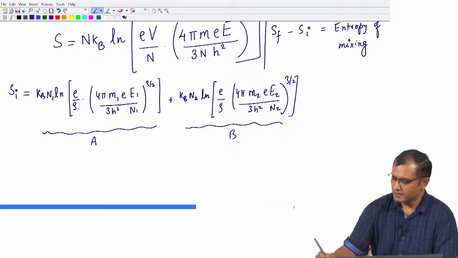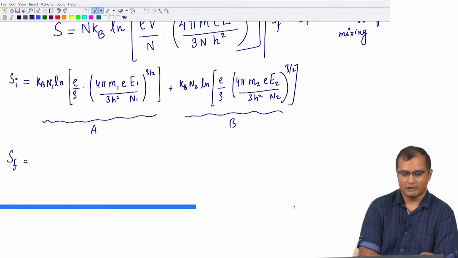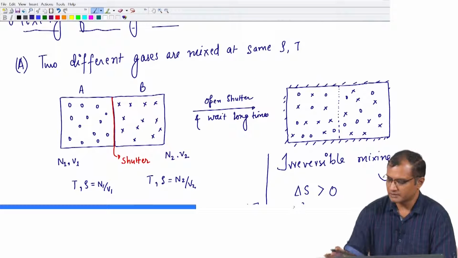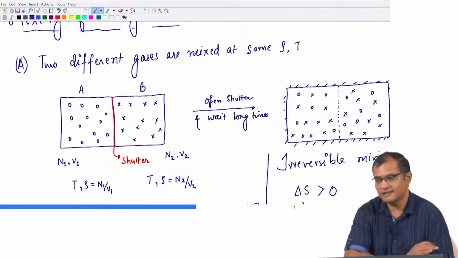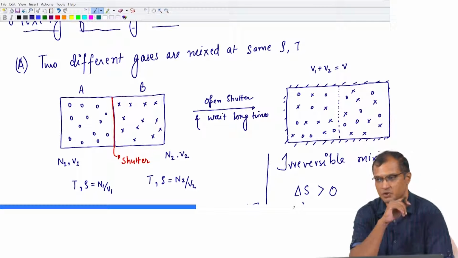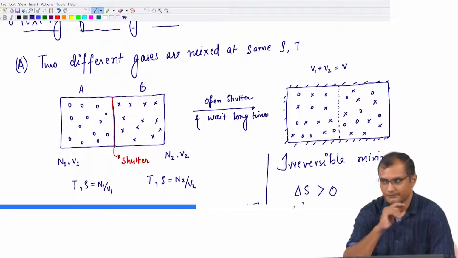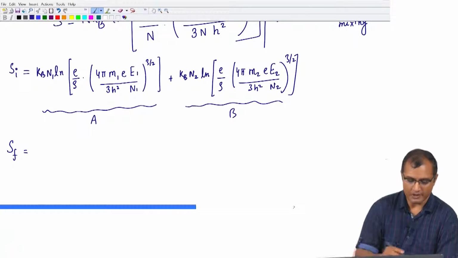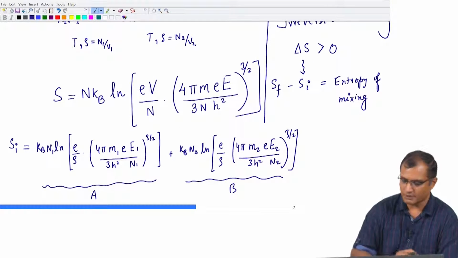Right. So, now what we can do here is write down the final entropy also. Finally, if you look at the system here on the right hand side, the N1 particles of A now have access to the entire volume. So, if I call the final volume the sum of the initial volumes, which is V, V being the joint volume of the two boxes, I can see that my zeros and the crosses are both occupying volume V. So, if I want to write down the final entropy, the same expression that I have written here for entropy gives me